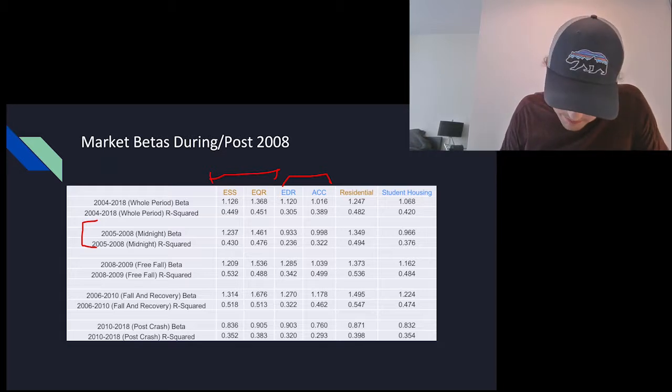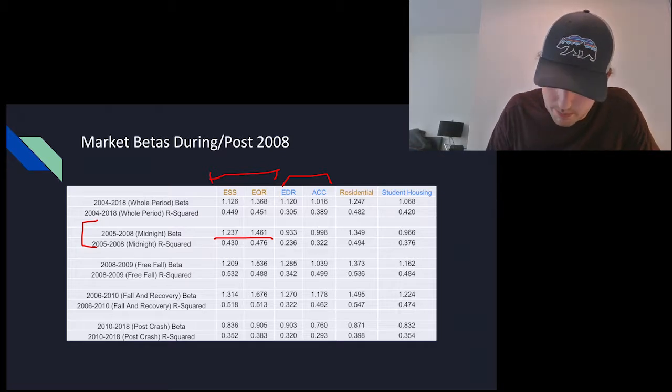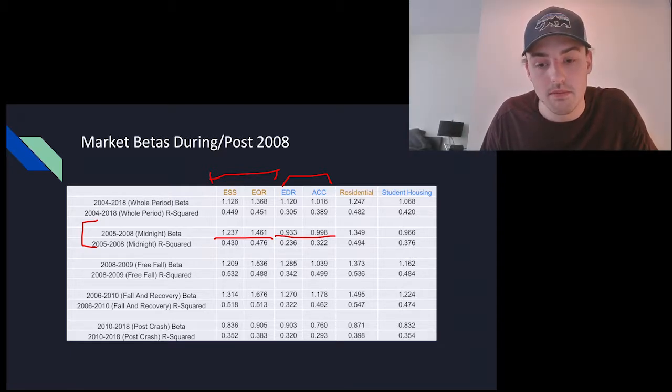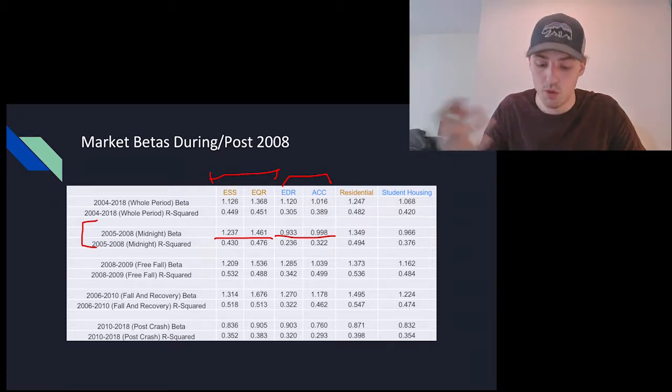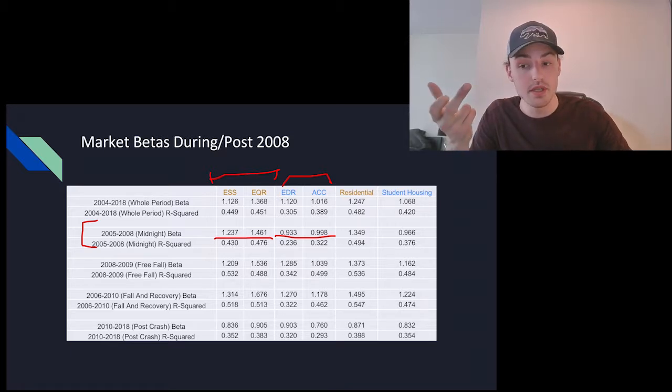For example, in the residential product market, we have betas of 1.2 and 1.4. Meanwhile, in student housing, we have betas that are either directly tied to or slightly under the market returns themselves, which shows that these two different product types are